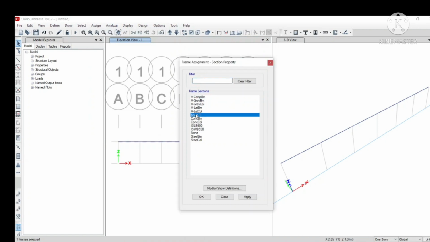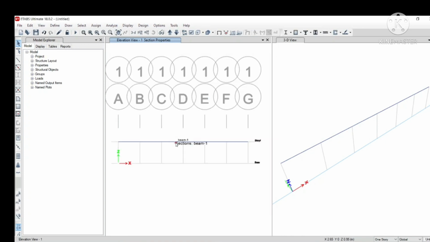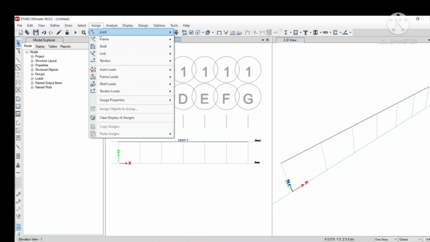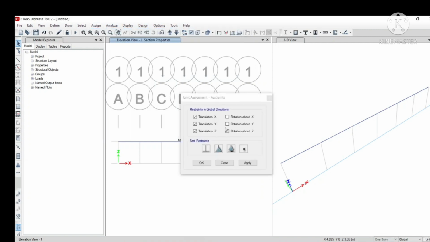Yes, already we have a sectional property which is being assigned, so let us apply this. Now our beam has a size of 6 meter, and the material property is given. Now second thing is you have to give support condition. So let us assign the joint as restraints.